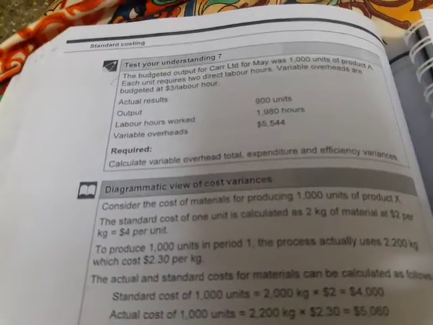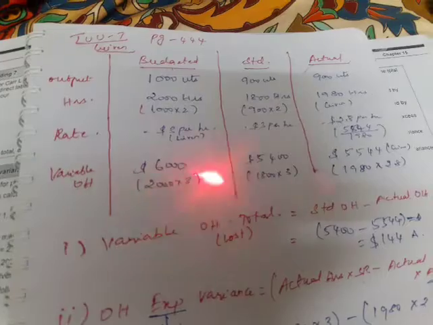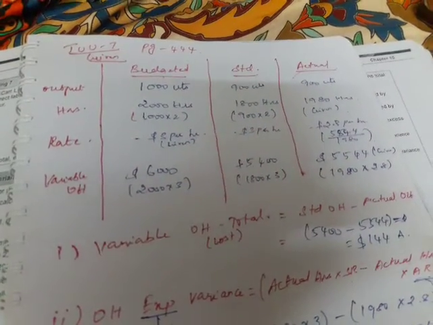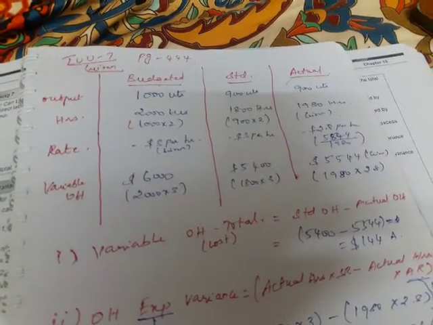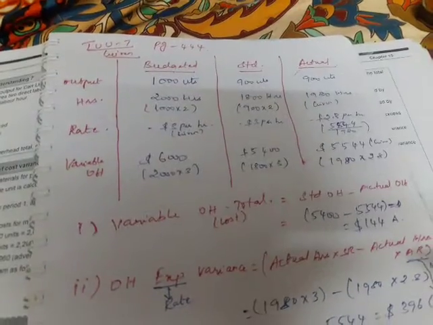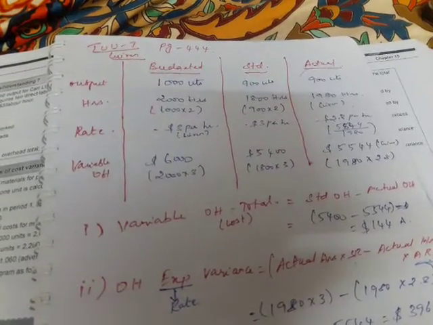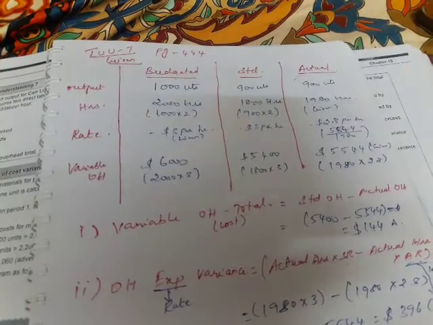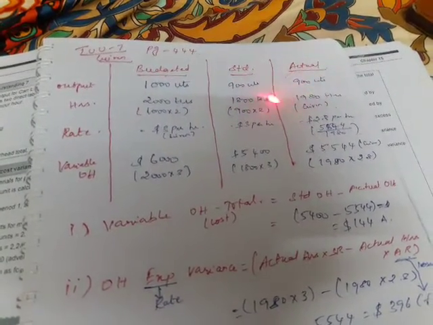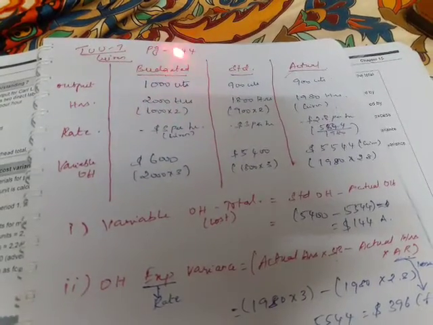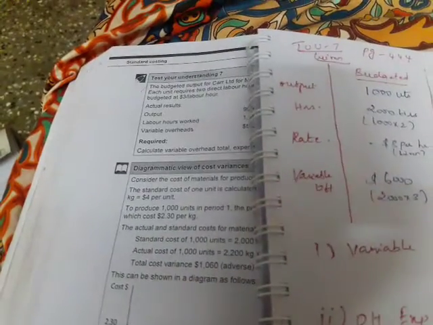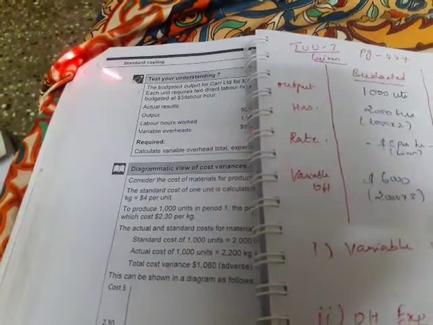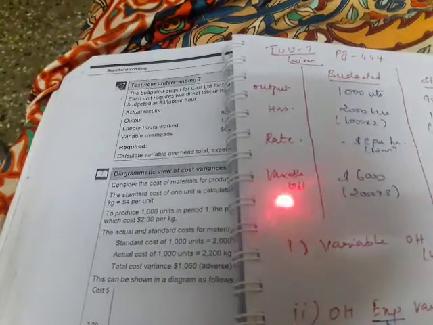Okay, now we'll break it down. I told you already, in standard costing you should first show the given values. It's not just for showing; to make you understand, and so you can also get the answers easily, you should have this kind of chart. See here, I have given 3 columns. Previously we had only standard and actual for your material and labor variances. Now you have budgeted, standard, actual. So you have 3 things to calculate, but the values given are only budgeted and actuals, right? See here, budgeted is given and actual is given, but standard you have to find.